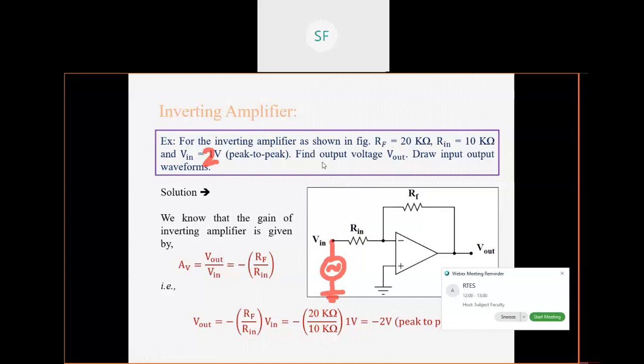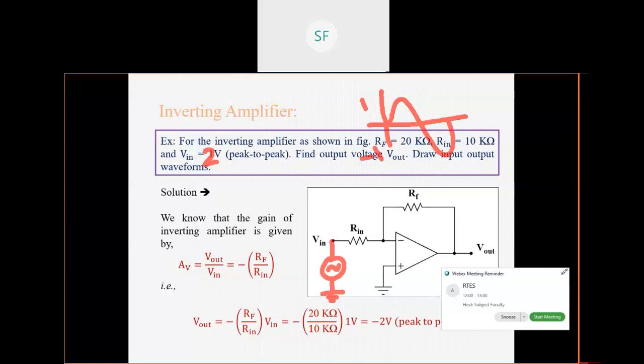Okay, so sorry from my side for this particular mistake. Now we will continue our discussion that Vin is given as 2 volt peak to peak. So just now I have mentioned that peak to peak is the total. Its positive peak is appearing at plus 1 volt, and the negative peak is appearing at minus 1 volt. So what will be the total voltage from the positive peak to the negative peak? It will become 2 volt, right?